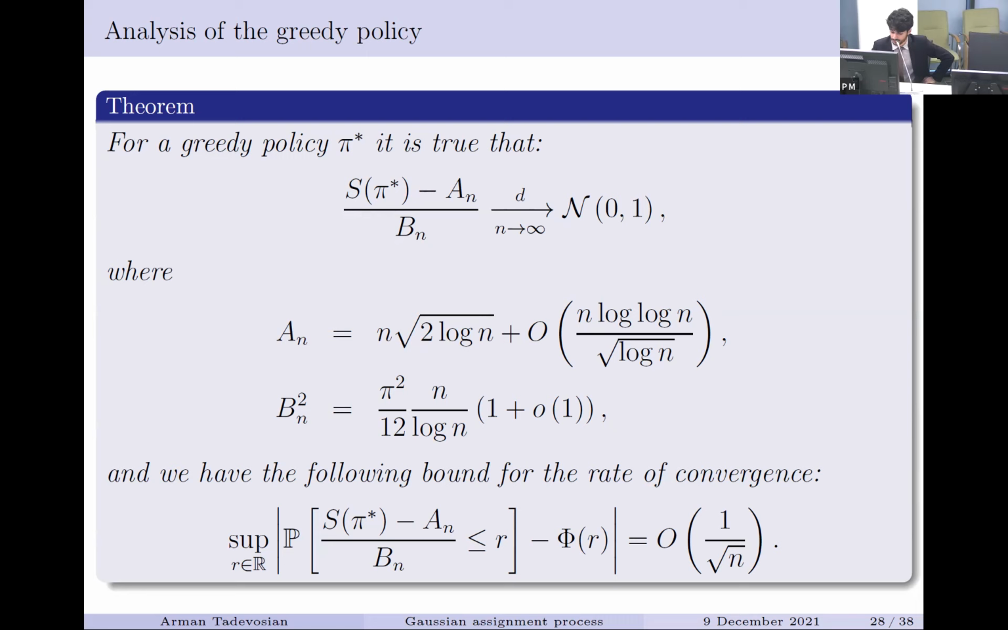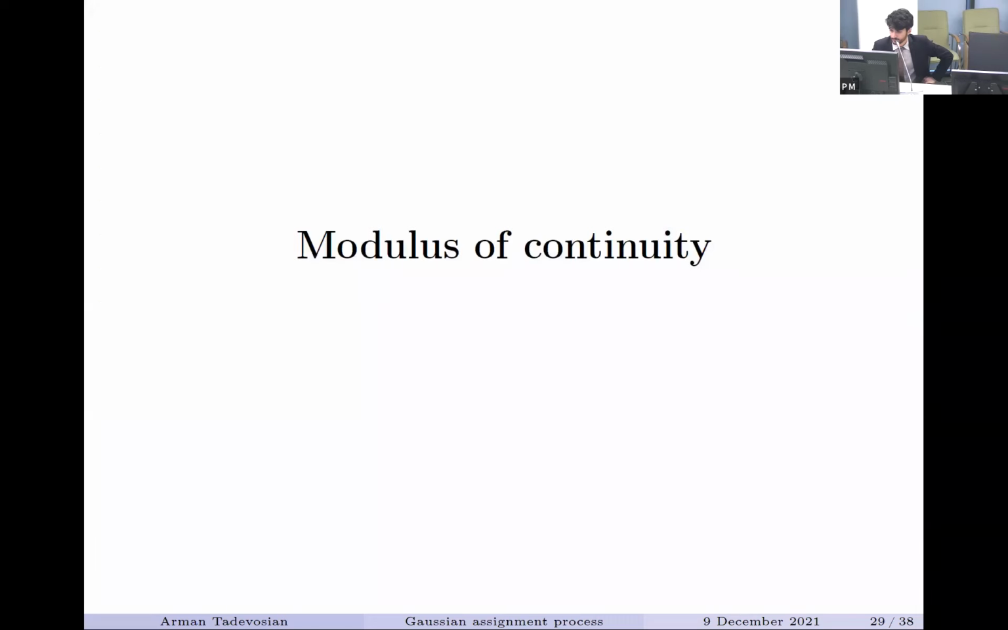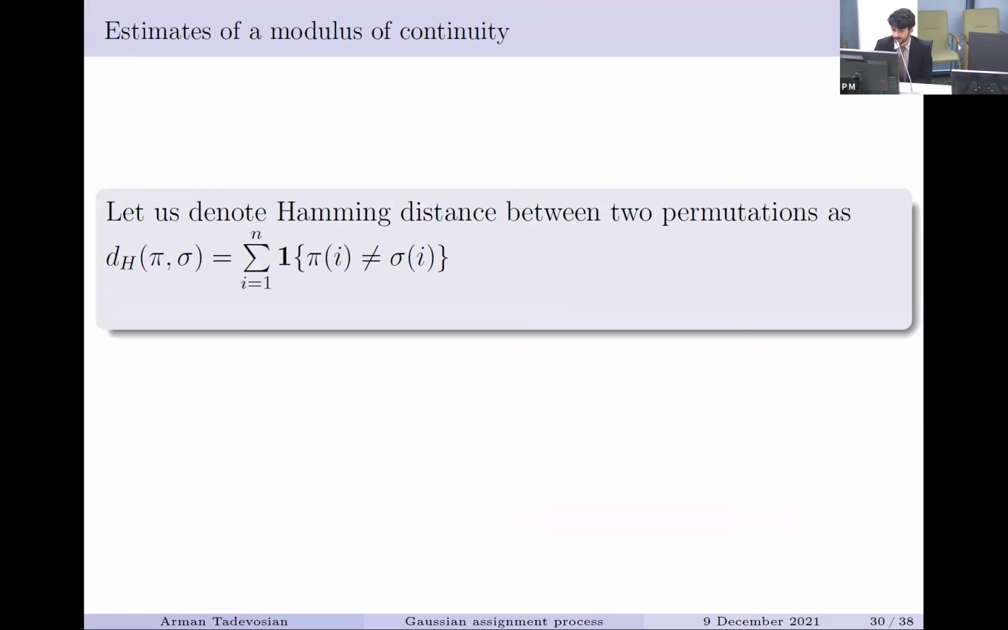Okay, let us proceed. And some auxiliary result of our work is the modulus of continuity. We investigated its properties. First of all, let us tell some definitions. The Hamming distance between two permutations is d_H between pi and sigma, which is equal to the